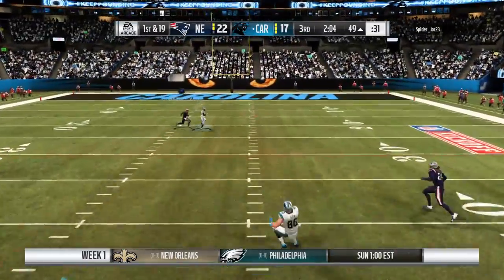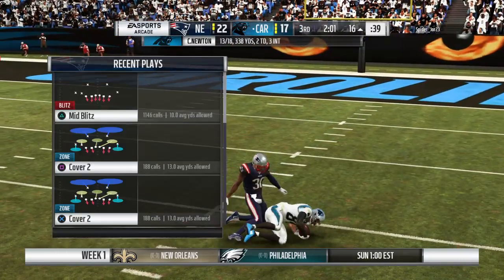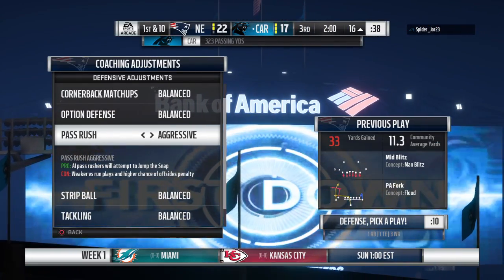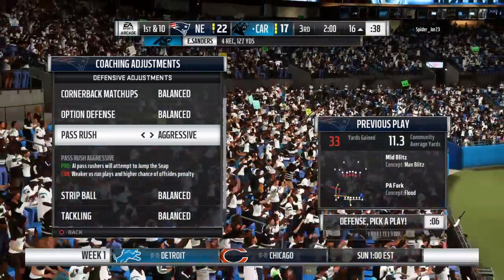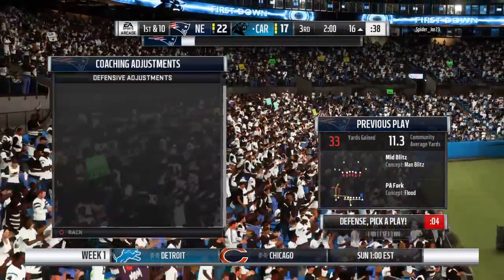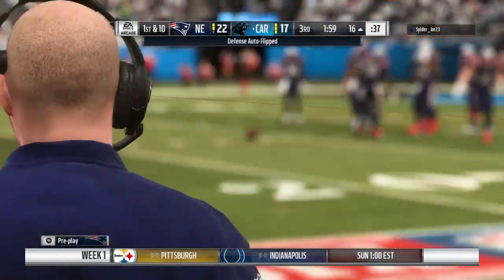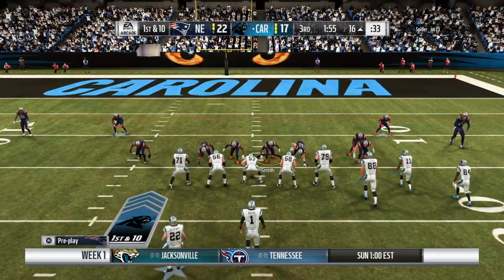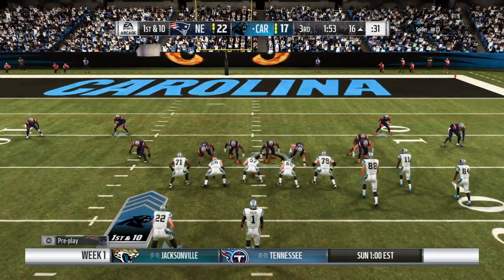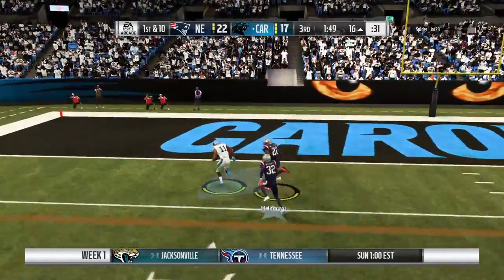Now Newton. They'll let this thing go. That's caught inside the 20. Those interceptions, he's not deterred, still confident to go deep at work there. I think all the old rules about playing that position still apply. If things go wrong, you still act like you're the best player out on the field. You still carry that supreme arrogance with you and continue to fire the ball. I've seen guys have games like this, and this is where you find out if you're great or not. Can you overcome some interceptions and still...